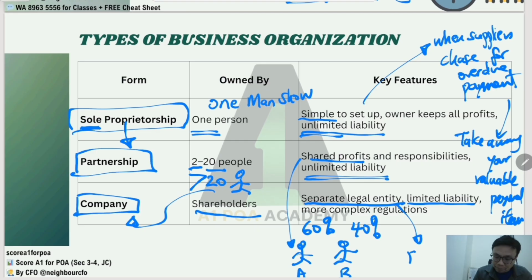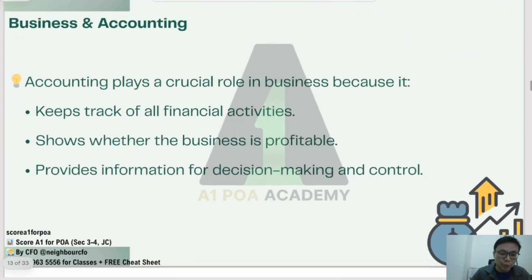Separate legal entity: the business and the shareholder are separated. Unlike sole proprietorship and partnership, in which these two business types the liability is unlimited. There is no separate legal entity to distinguish the sole proprietor as well as the partner from the business. So, in a nutshell, as simple as the term conveys, they are the business, the business represents them. With that, let us now go into the next slide.